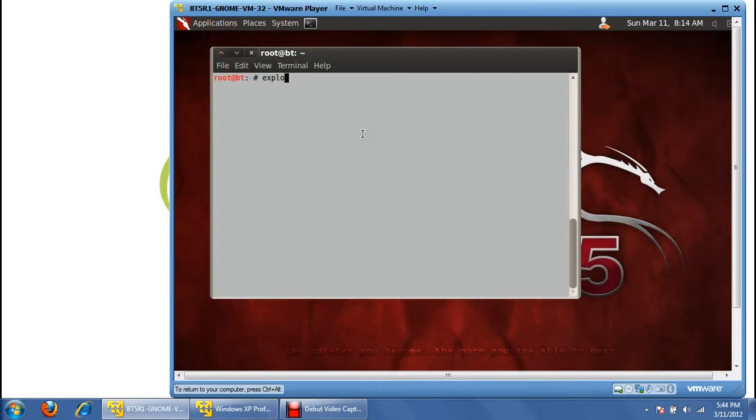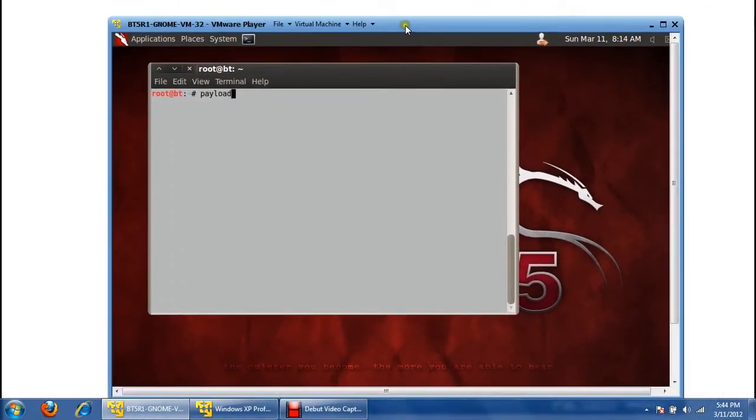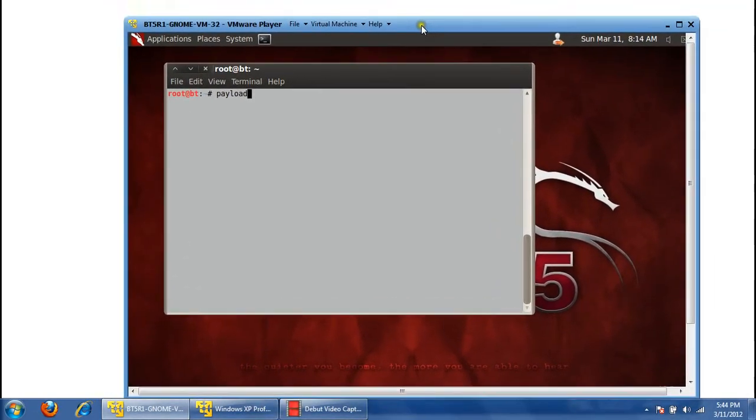And another thing we use is called payload. You might know that we use payload for other things like rockets and all. We also use something here. A payload is a small piece of code we embed inside a real program to launch on the target machine. As soon as this payload gets executed on the target machine, it will do something malicious or send a reverse connection to the attacker's machine. So we are going to use a virtual machine, VMware Player, running BackTrack 5. This will be the attacker machine.